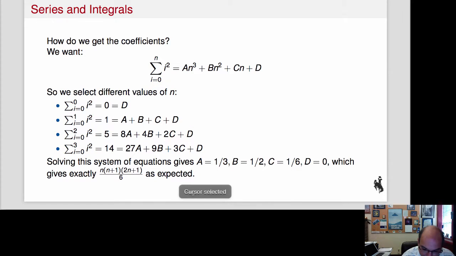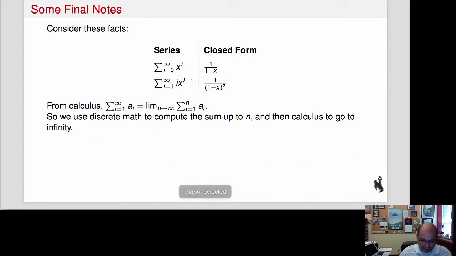Now let's look at some other series that look quite different. The reason these are very different is because of this: these series go out to infinity. The sum from i equals 0 to infinity of x to the i actually has an answer, which is 1 over 1 minus x. And the sum of i times x to the i minus 1, again, has an answer, which is 1 over 1 minus